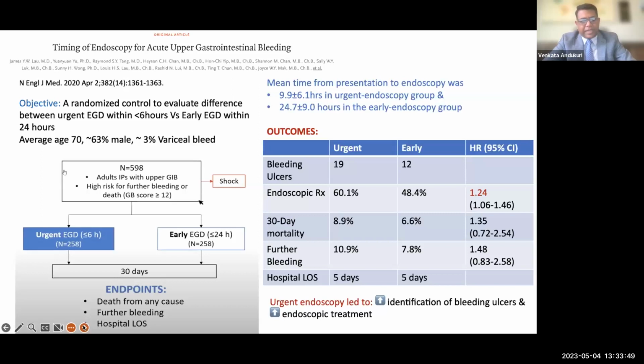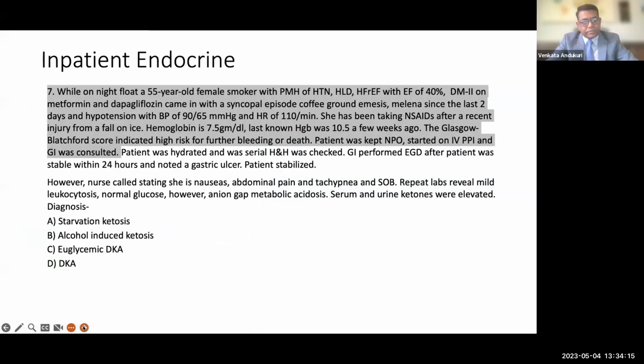So if you really feel that the patient is getting worse really, really quickly, it's important to consult them and let them come and evaluate the patient, and they can decide if the patient needs endoscopy, or even surgery or interventional radiology to come and see the patient as well. They should be the ones making that decision, not us. We should consult, but we shouldn't be pushing for urgent endoscopy in the middle of the night because there's no evidence to do that.